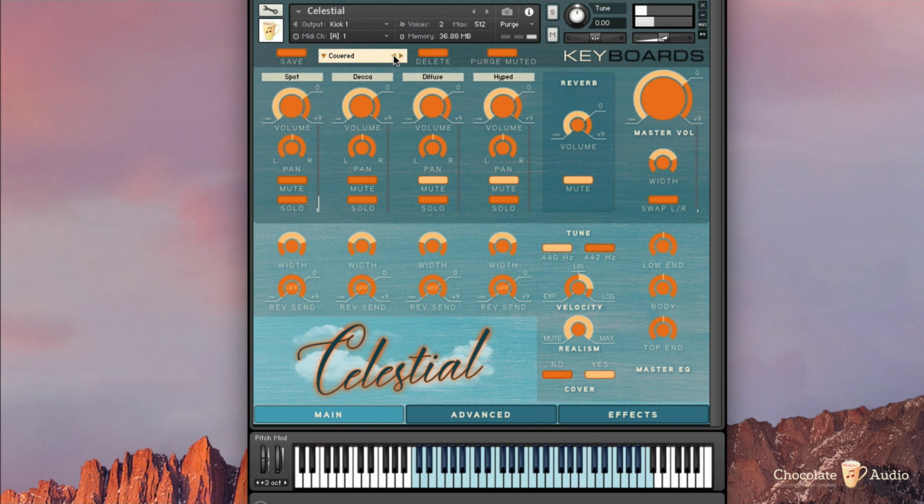Then we have covered, the boxier sound I was describing before. False sustain, which is something that we created that, of course, reacts to the sustain pedal, but